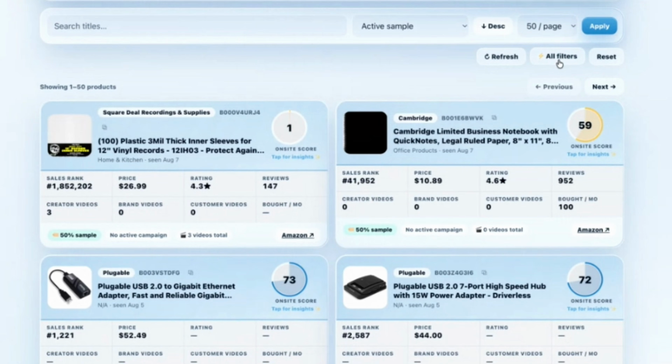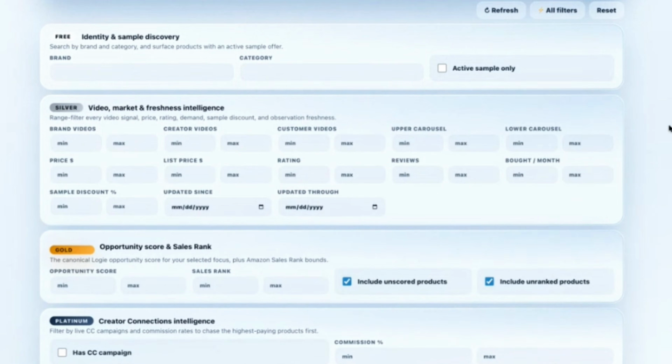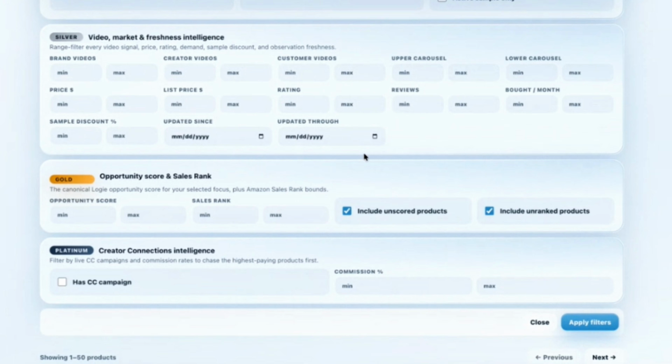And look at this, with all the filters to search different creator connections campaigns. Now you have different capability based on what plan you're on, but even the free one, you can still search. So you're not getting throttled on creator connections, which is huge, right? We all get that "website temporarily unavailable." It's gross. It's annoying. It's just so frustrating. So here you can search, browse all the things with Logie5, and